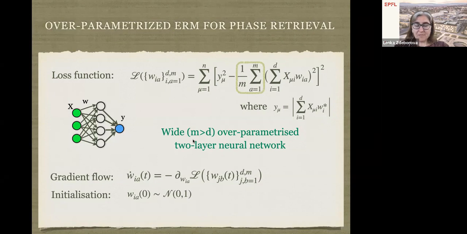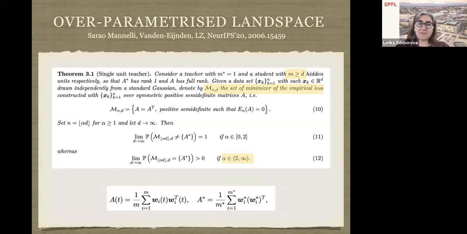Okay, so what does gradient descent do when it's minimizing this loss function, instead of the one without hidden units where it was not doing really well? That's something that we analyzed in this paper with my former PhD student Stefano and colleague from New York, Eric Vanden-Eijnden. And we got about this specific setting the following theorem.